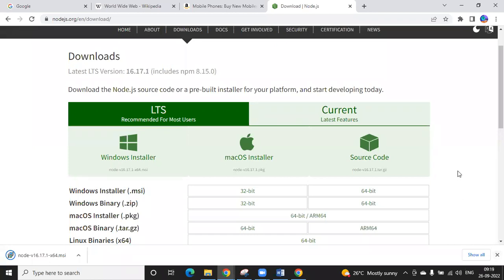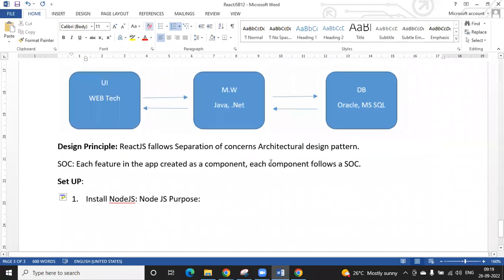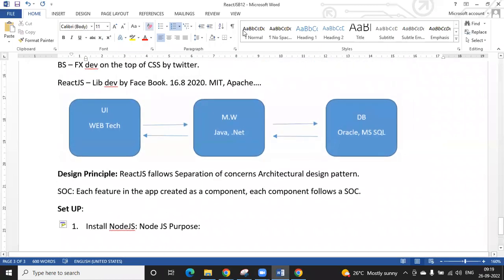As of now, we haven't discussed Node.js. Since it came up suddenly, I will explain. What is the purpose of Node.js? It's a runtime environment to run ReactJS. Our web technologies are HTML, CSS, and JavaScript.